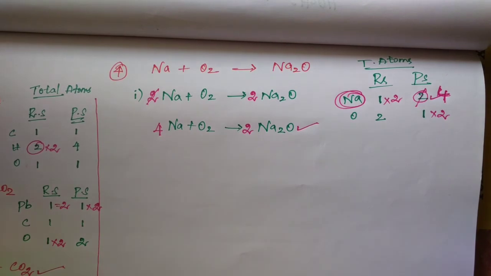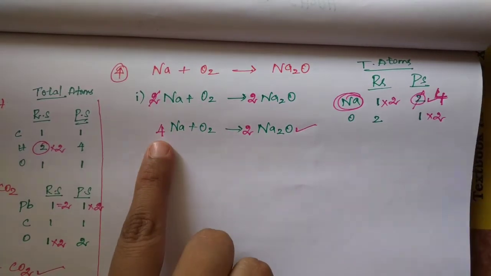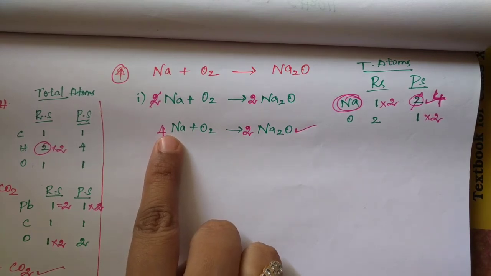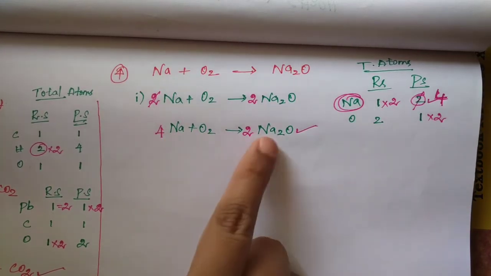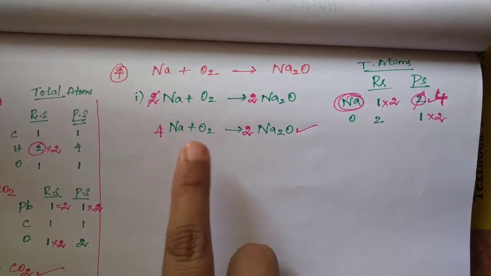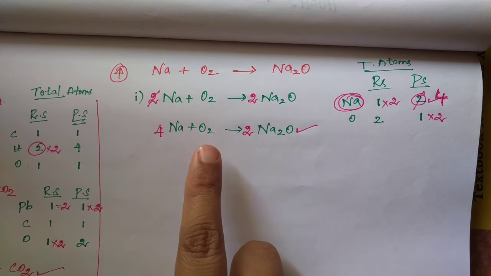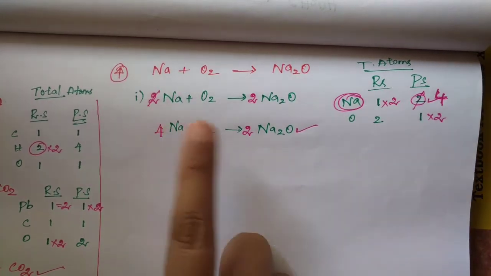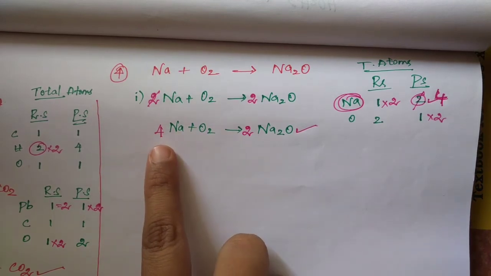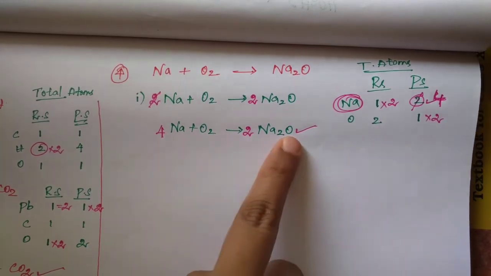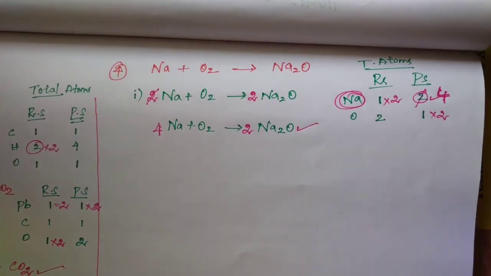So trick 2 over. So trick 3 I am using here. What is that? If any one of the atom is not balanced, that means sodium is not balanced. In trick number 2, oxygen is balanced, but sodium is not balanced. So now I am applying trick number 3 here. So any one of the atom, that is sodium, is not balanced, then you have to multiply that number by even. So now I am again multiplying by 2, I am getting 4. Now it is balanced. So I applied 3 tricks here, students.